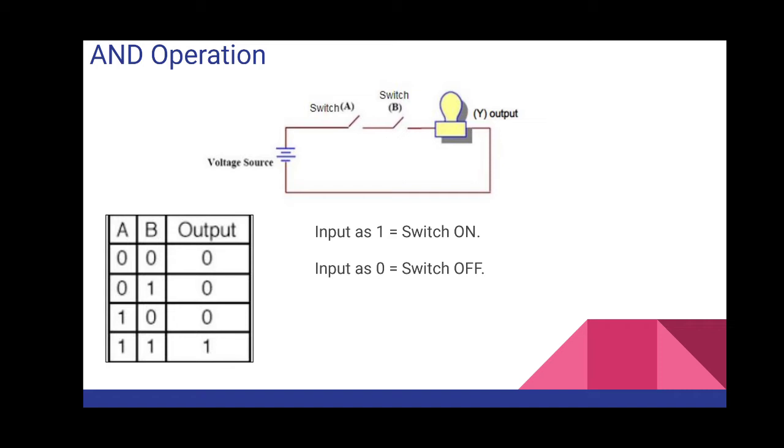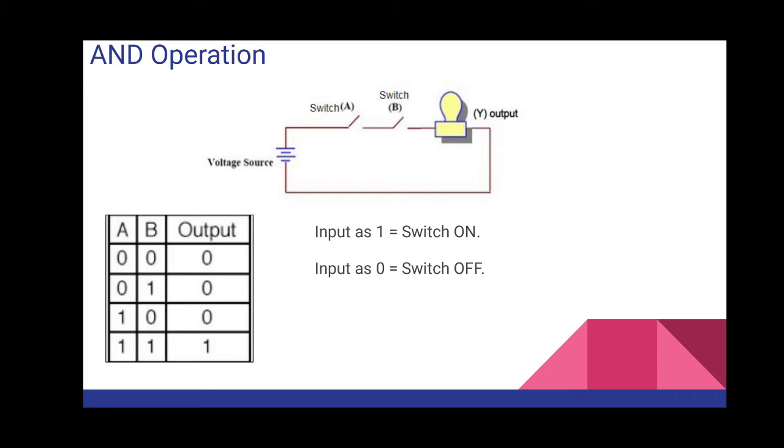Now there are two switches in the circuit. So obviously when you switch on, then only our bulb will glow, right? So we will say that if the input is 1, then the switch is on. When the input is 1, the switch is on. That means the current is flowing through the switch. And if the input is 0, we will say the switch is off, right? So as per the truth table, if the switch is on, it means input 1 is given, and if the switch is off, the input given is 0. Agree? Now observe the circuit carefully.